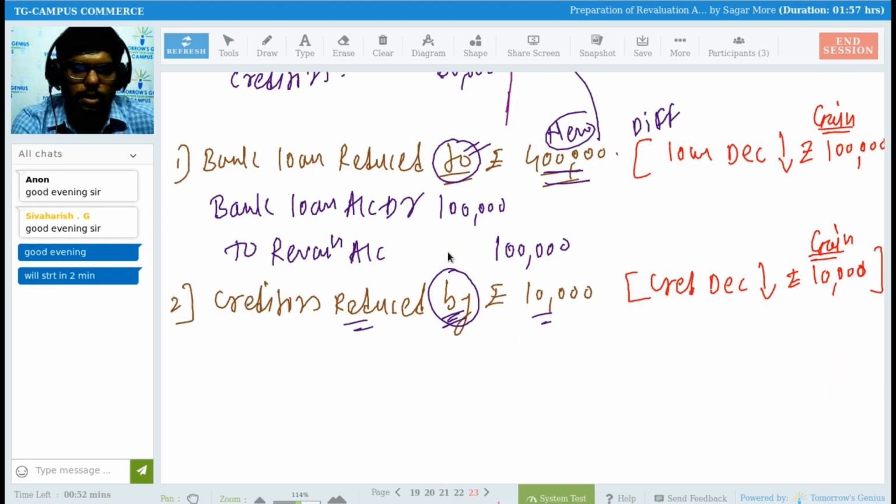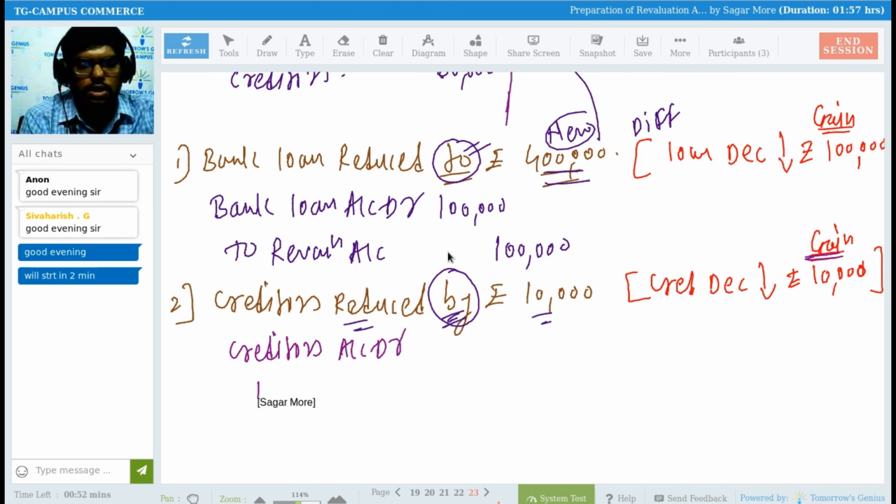Which entry do we have to pass now? Tell me. You already told me, Sadhna, the revaluation account we have to credit. Then what is left? Don't look into your book. Simple, Sadhna. Creditors account you have to debit and revaluation account you have to credit, right? See, it's a gain, you already told me it's a gain. We have to credit the revaluation account. Then which account to debit? Creditors, sir. Simple. So the entry is creditors account debit